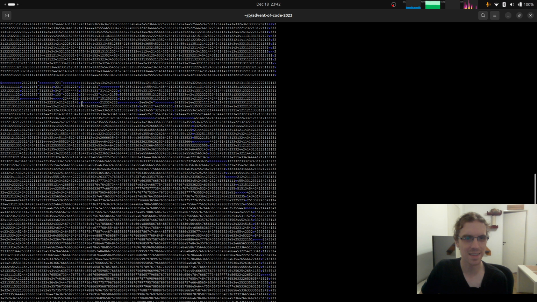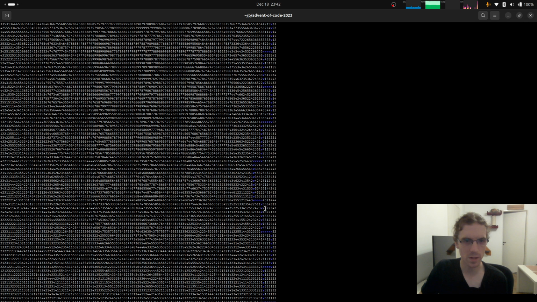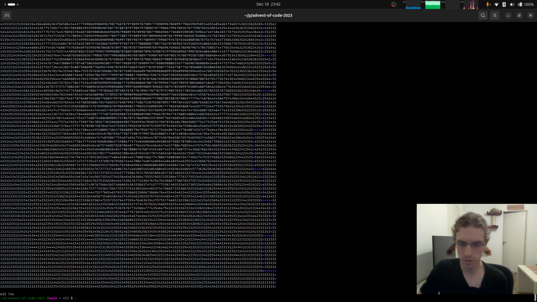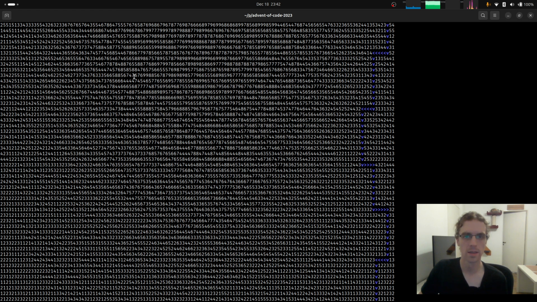It makes a turn. It's very pretty. And I wonder if the numbers in the middle are higher. Yeah, it looks like the numbers in the middle are higher. There is sort of a pattern that looks like a bulge, at least to my eyes. Maybe I'm imagining things, but I see much more 2s and 3s and 1s on the edges, and higher numbers, 8s and 9s, in the center.